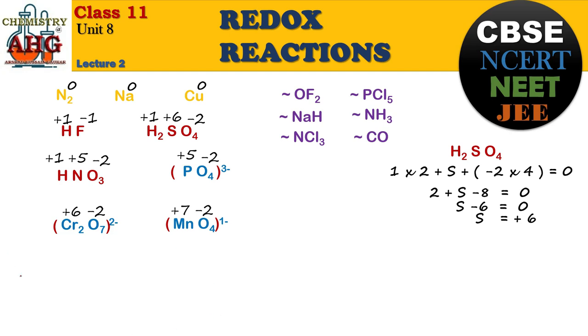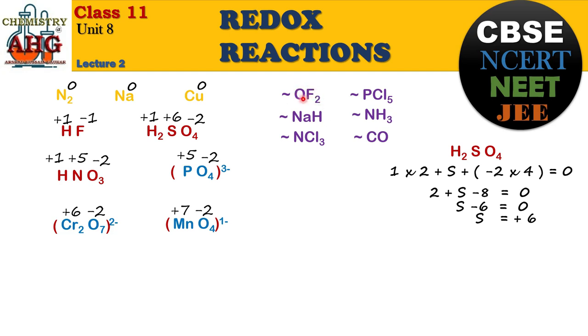Okay students, if you have found it, in the first example there are 2 elements. Both the elements are highly electronegative, but which element is most electronegative? It is fluorine. So fluorine would be negative. How much negative? Negative 1, because it is a group 7 element. Negative 1 into 2, negative 2. So fluorine is having a total charge of negative 2.